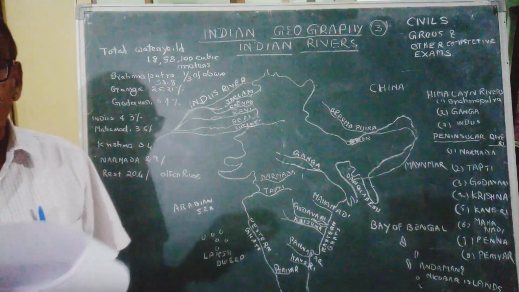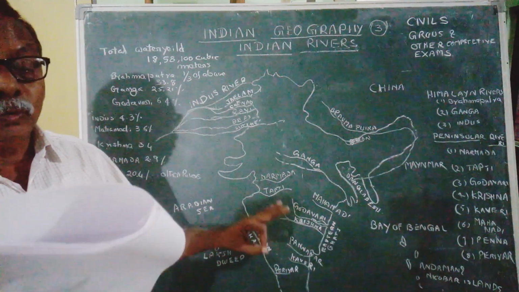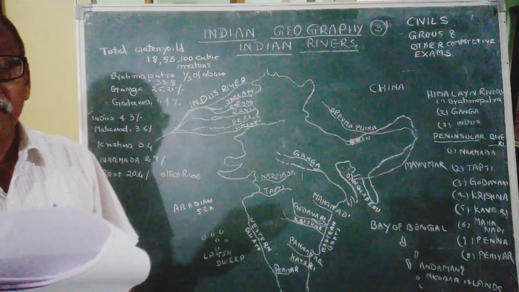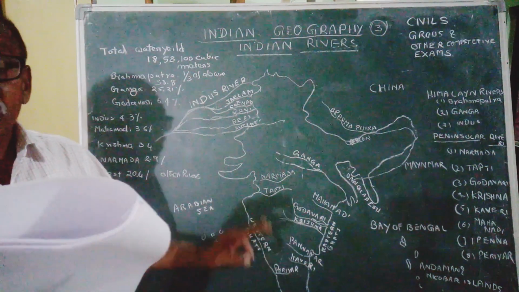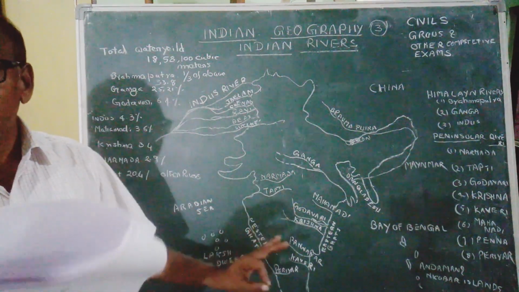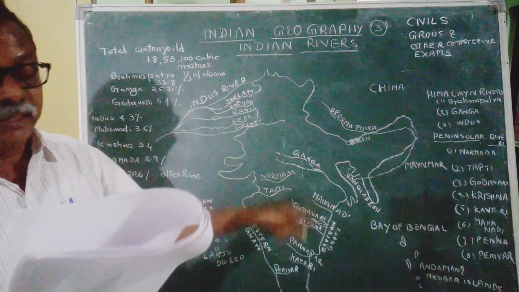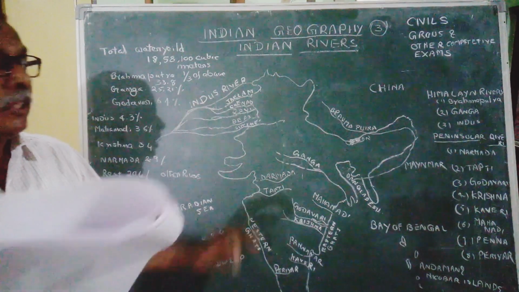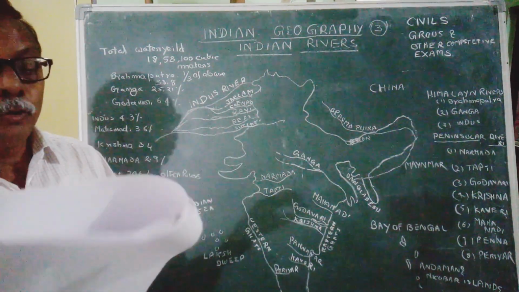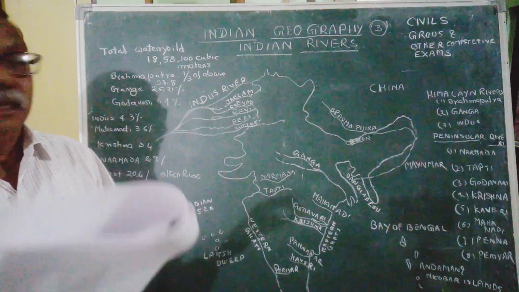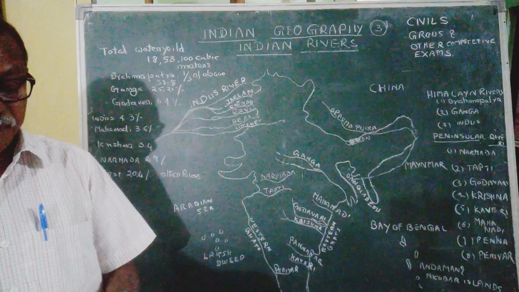Machkund River. It is in Visakhapatnam, Koraput region. Its origin is at a place in Orissa, and it flows first towards north and then enters into Orissa. There was a dam on this river called Duduma, which is also a hydroelectric project. So these are the